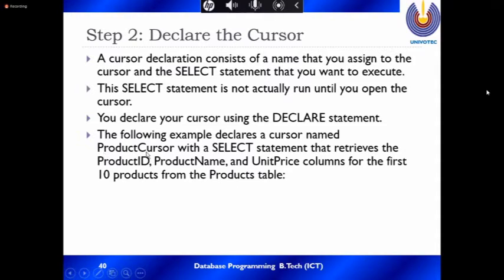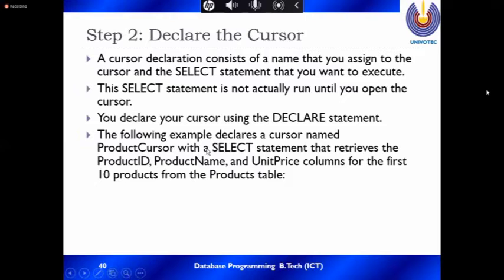You can use cursor 1, cursor 2, but it is difficult to identify which cursor. This one is easy, this is a product cursor. It is easy to remember. This cursor is going to be used for the product table.